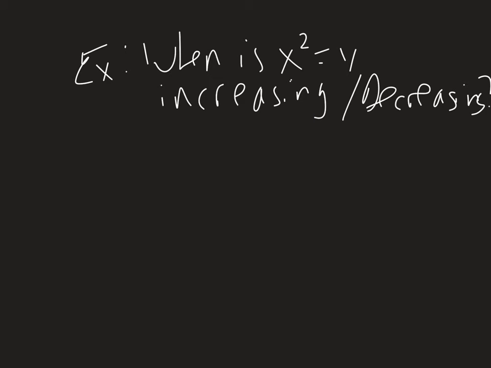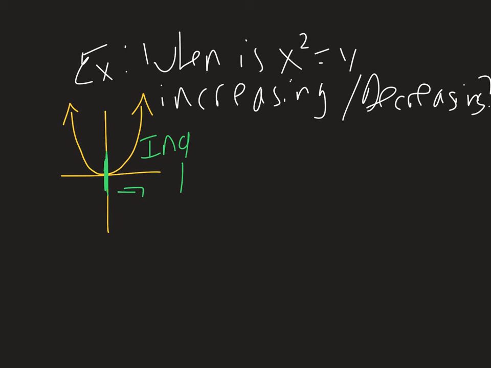So let's look at an example here. Let's just look at x squared as a simpler example. When is y equals x squared increasing or decreasing? So the idea is we're looking at a parabola, goes to the origin, and then takes back off again. So if we're looking at this, there's our turning point. It's increasing here because as I move to the right, my values are going up, and